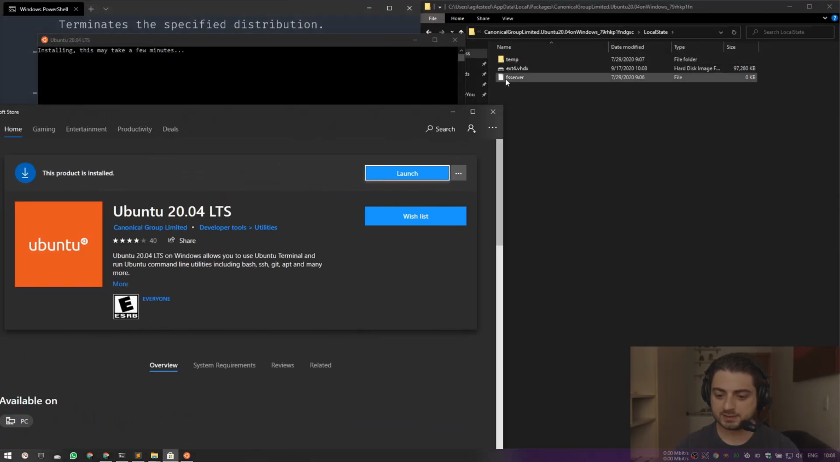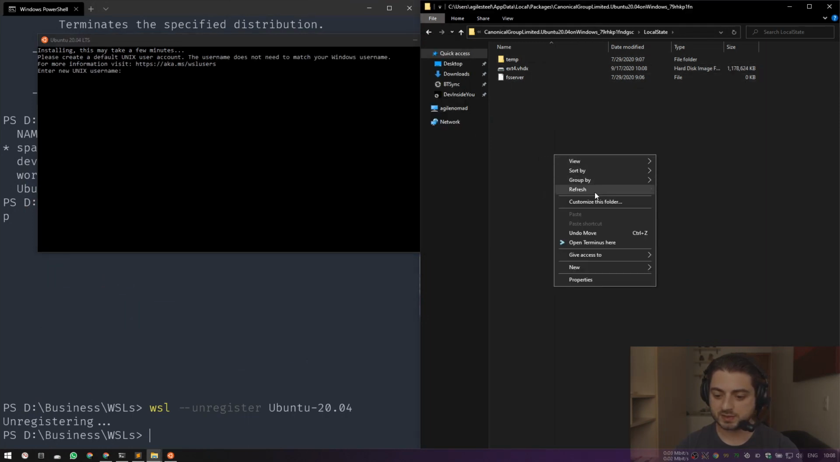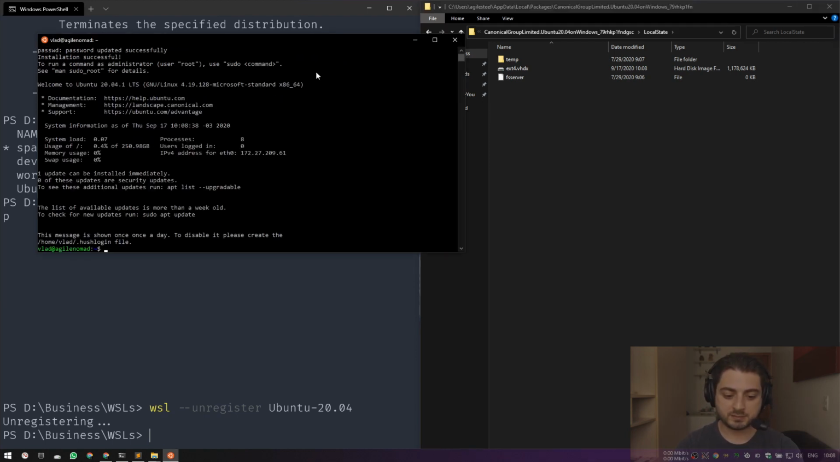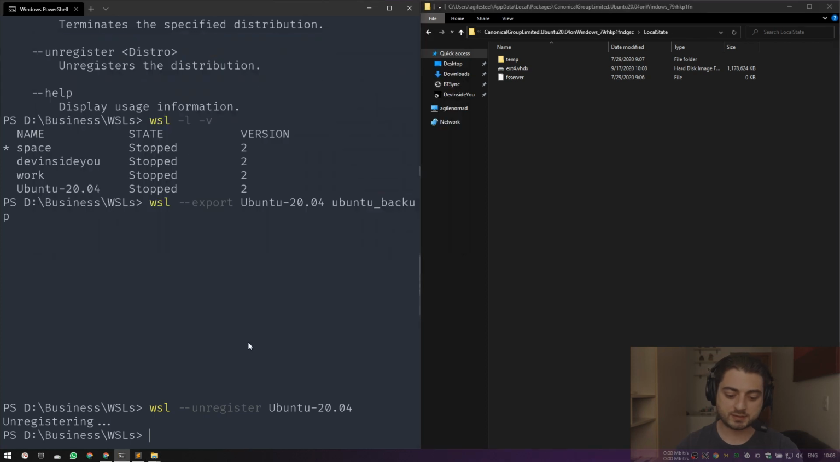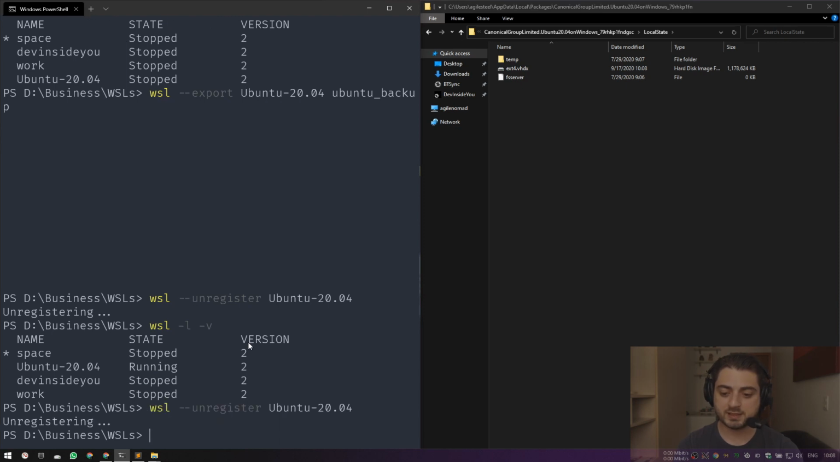Right, so as you can see, it installed exactly into the same folder, even though it's technically still being installed. As you can see, the hard drive is becoming bigger and bigger and bigger. I'm gonna close it, and I'm going to unregister it again because we don't really need it, because we have a backup. Okay, so let me unregister it again, and as you can see, the hard drive just went bye-bye. Okay, so let's close this